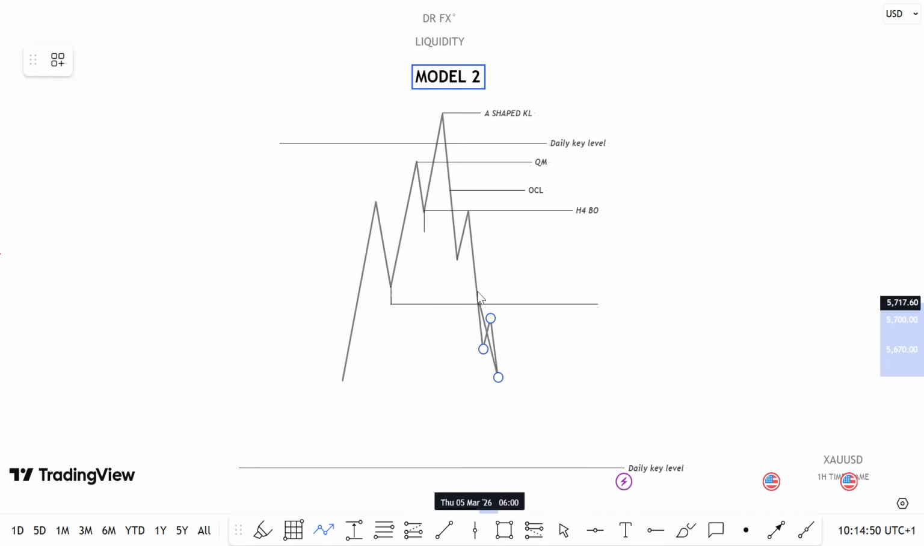We have a fair value gap on the lower time frame and the higher time frame. There must be a gap right there due to that aggressive drop. Then you use this to execute and target the recent swing low. So